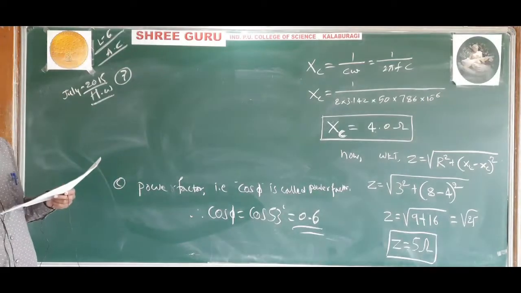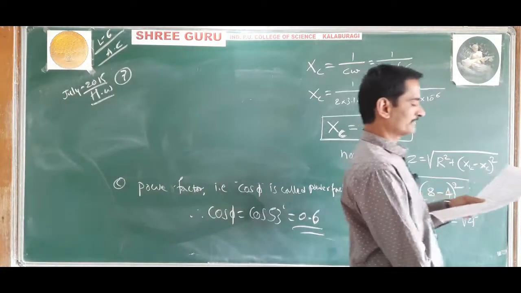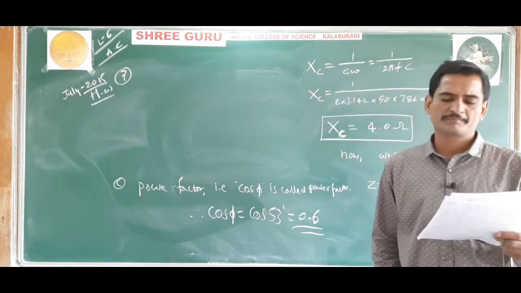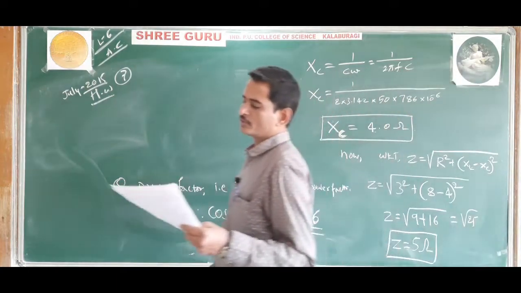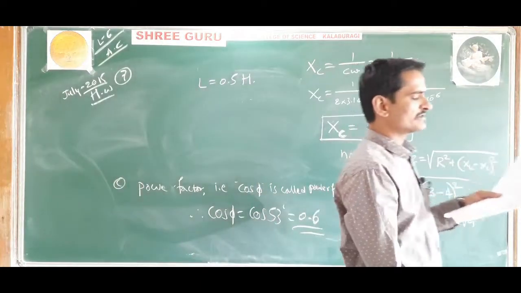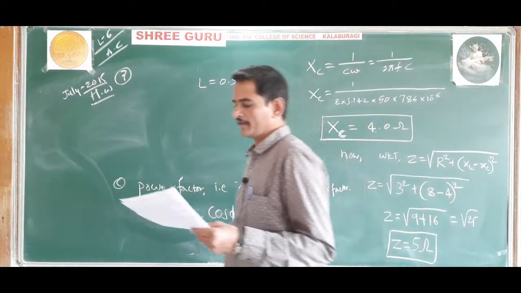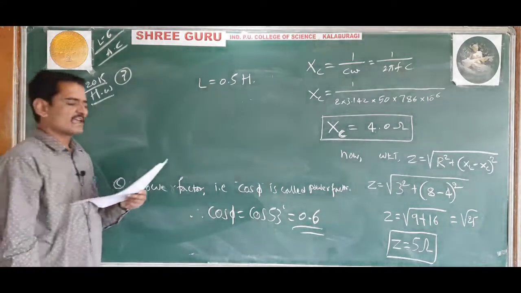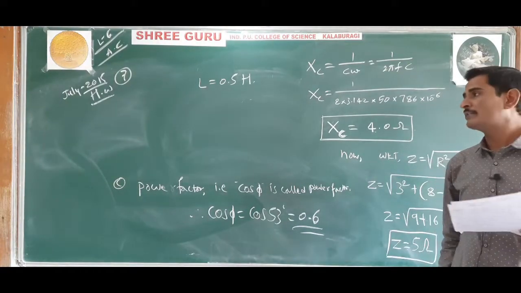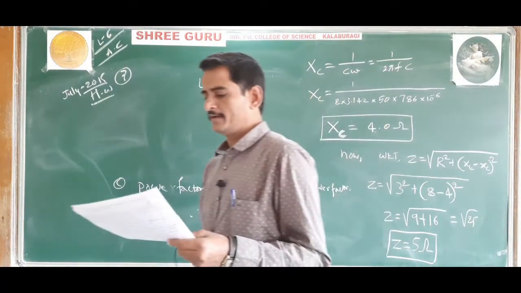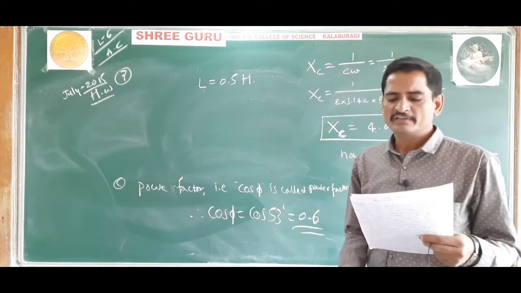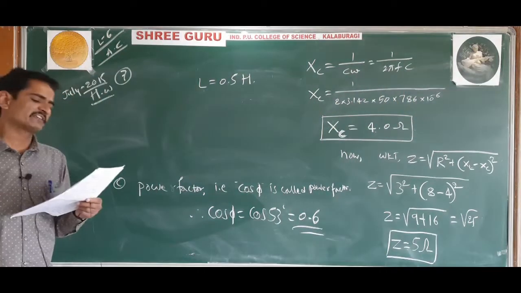Write down the question. A resistor of 100 ohm, a pure inductance coil of L equal to 0.5 henry, and a capacitor are in series in a circuit containing an AC source